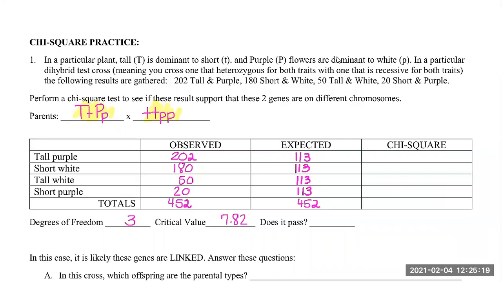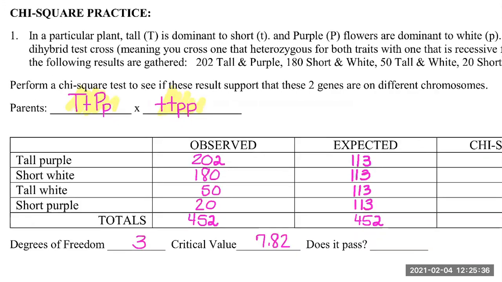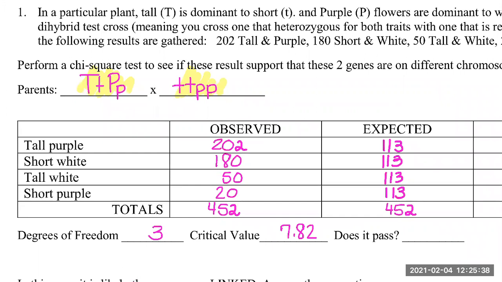So this is the chi-square practice number 1 from your homework. And hopefully this will be helpful for figuring out if two genes are linked or not. So if they give you, first of all, I can already tell they're linked. Let's start with that. In a cross, a dihybrid test cross, that means they're crossing a heterozygous with a homozygous